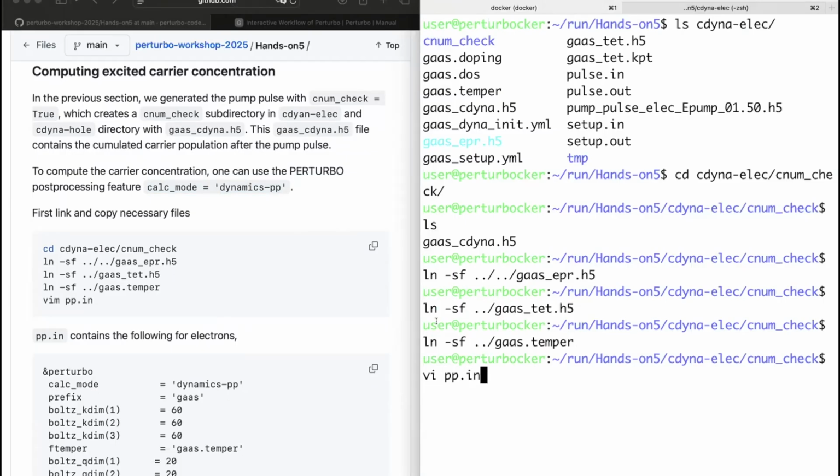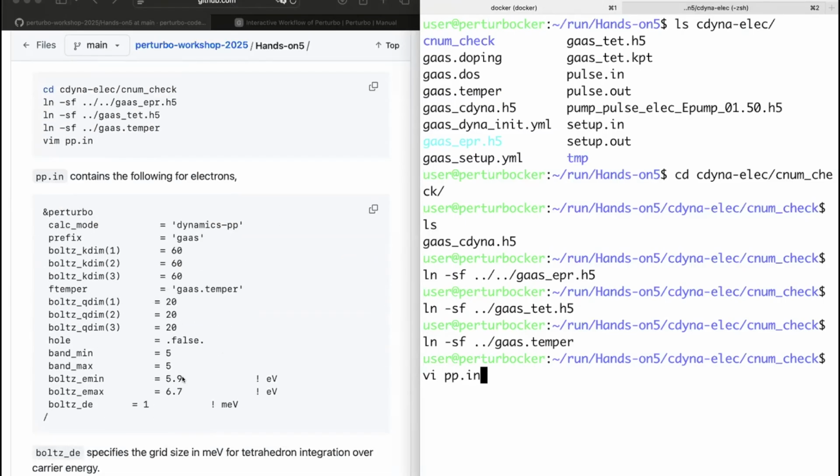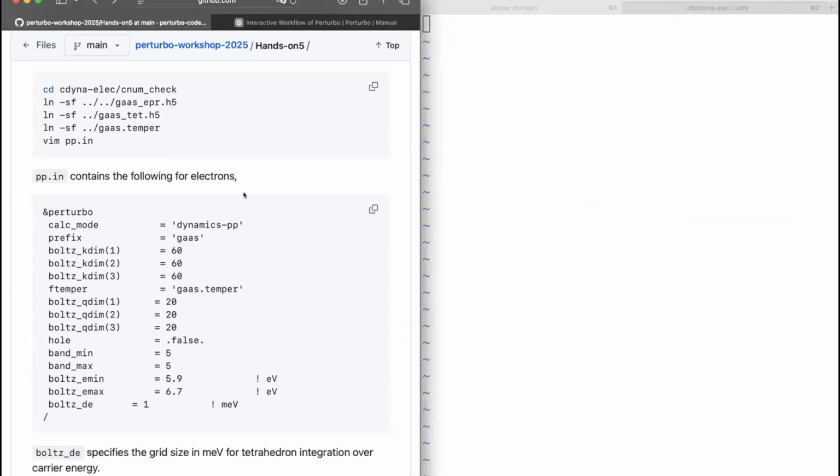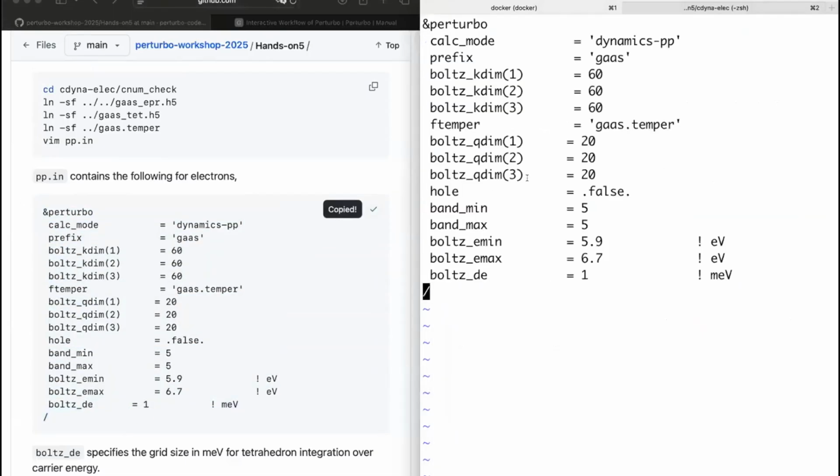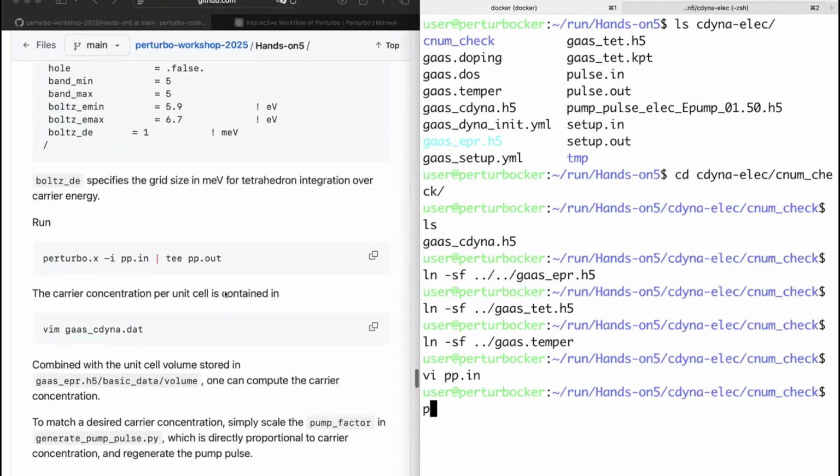And you use the following input for post-processing. What's different is the calc mode is dynamics PP, and then you have this both DE, that is the energy grid that you want to integrate over in millielectron volts. So if you use pp.in and run Perturbo,